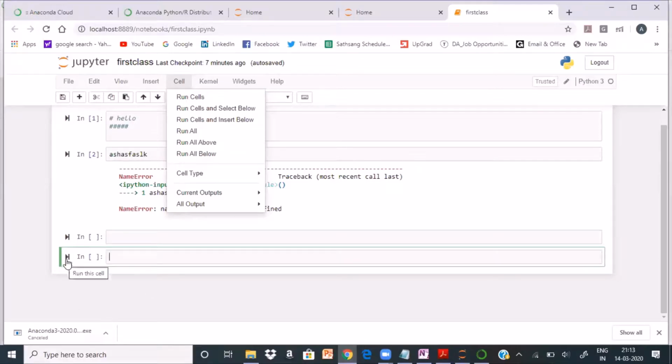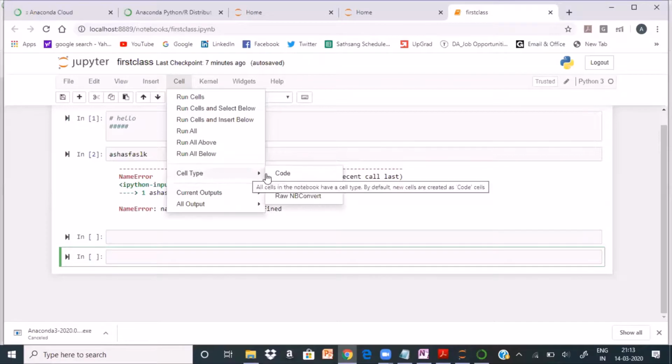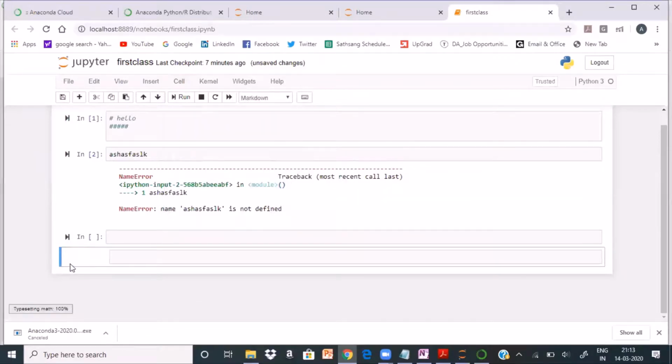Whenever the cell is highlighted in green color, that means this is a coding cell. But when I select this cell and make it a markdown, this becomes blue. And you see the cell is slightly shifted with respect to the upper cell. Here, the moment I click here, automatically the system converts that blue into green, and now this becomes a code cell. That means I can code something here. Any questions, please? Any doubt till this point?